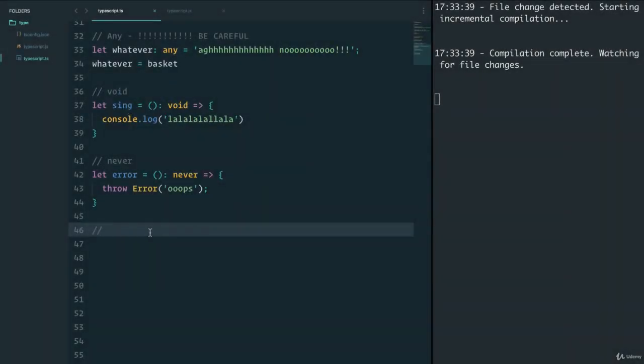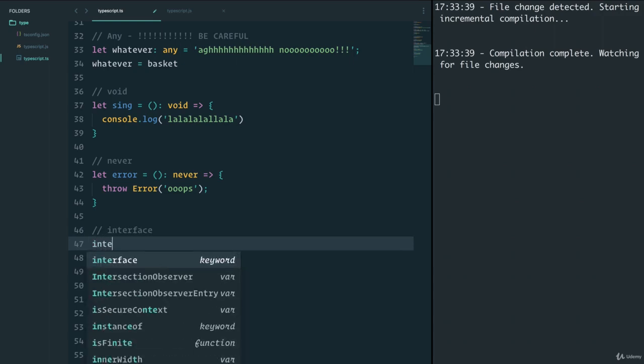All right, let's keep going with new types. Another one I want to show you is a very useful one called interface. And interface can be used really, really well with objects. Let's have a look. I can say interface